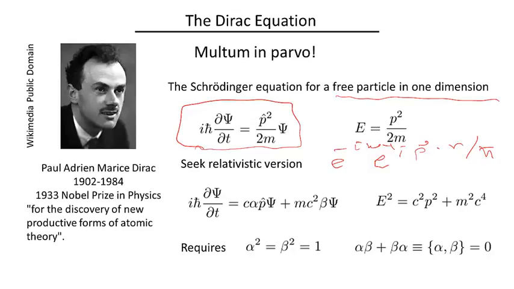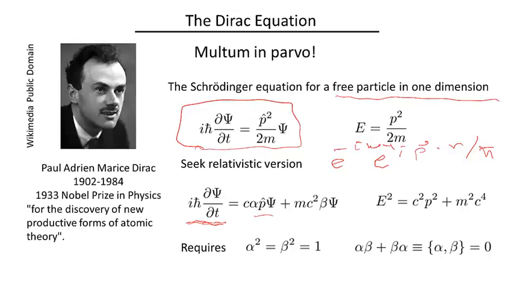So Dirac sought to find a relativistic version of this equation which would have the following very important feature. It would be homogeneous in time and spatial variables. You see, the non-relativistic equation is first order in time and second order in spatial derivative, and because of the Lorentz transformation, a fully invariant equation would have to be linear in space and time. And also there's a reason why you want there to be an evolution equation of this form. That is, you want to preserve the idea of a wave function,